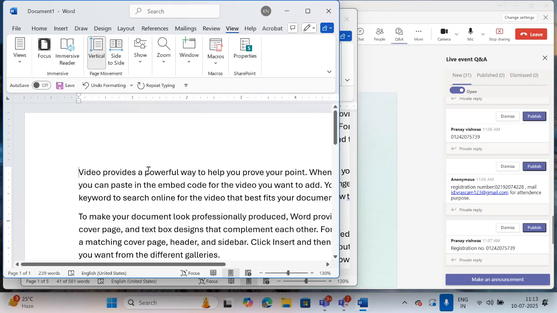Sometimes, for binding purposes, or whenever you need to submit the report to the department, some formattings are fixed according to the department. You have to format your document according to the department's standards. So suppose in the standards it is written like